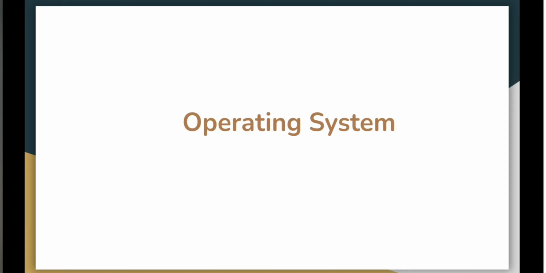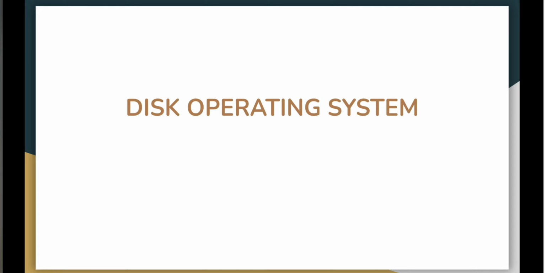Before starting with the commands directly, let's understand few basic concepts associated with operating system. So let's understand the concept of operating system. OS is a link between computer hardware and a user, or we call it as an intermediate between a computer hardware and a user. Next we have disk operating system, DOS. DOS is an operating system. It works as an interpreter between user and a computer.